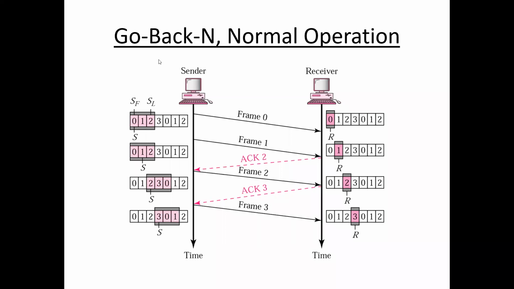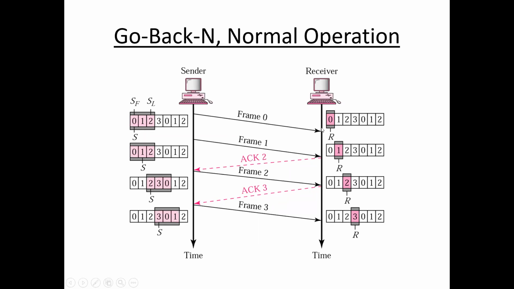See here, sender window size is more than 1, that is here 0, 1, 2, 3 bits. That is more than 1, here 3. And receiver window size is here only 1. Here sender has to transmit 0, 1, 2. So sender window consists of 0, 1, 2 bits. Sender sends frame 0, and first receiver waits for 0.